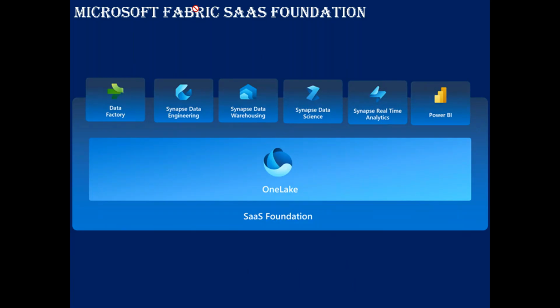Yes, OneLake. Generally, the solution which you discussed: for data ingestion, we are using Azure Data Factory, for data transformation, we are using Synapse or Databricks, and for data storage, we are using an ADLS Gen 2 location. Like this, we are using.